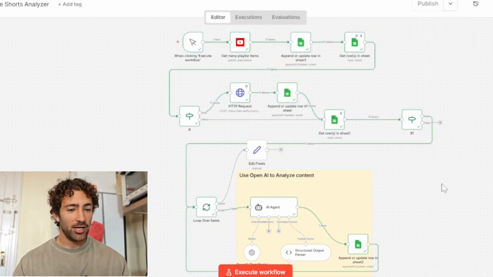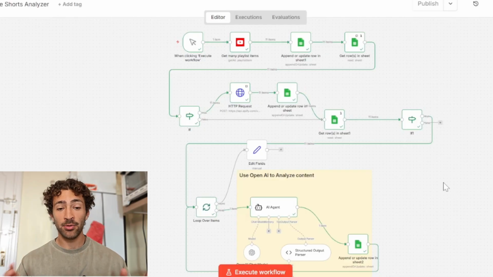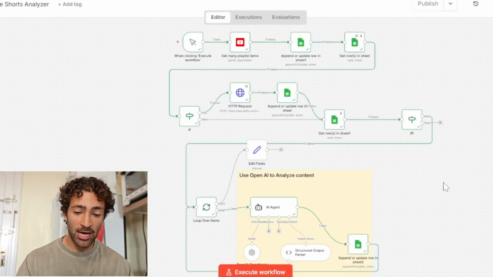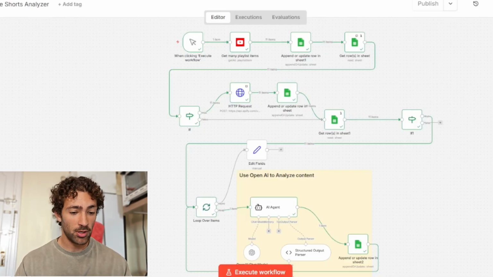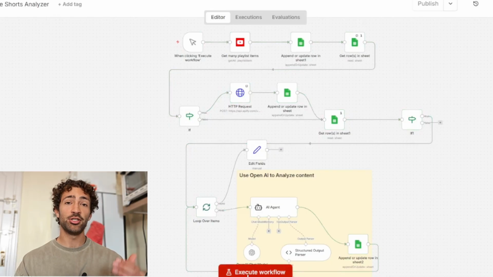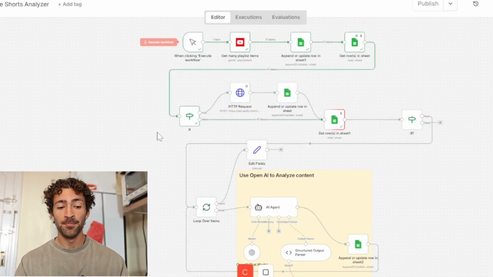Hey guys, so today I created a YouTube Shorts analyzer and I'm going to show you exactly how I did this. I'm going to show you a demo and we'll get straight into it afterwards. So if I execute this workflow, it's going to scrape the videos that I want it to scrape, and then